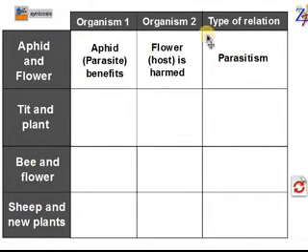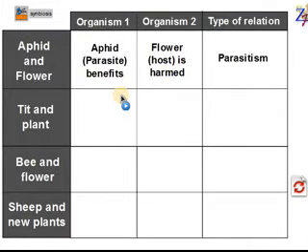Parasitism means when there is an organism that lives on another organism and harms it. It benefits, but the other organism gets harmed. So we say the first organism is called parasite, which is the harmful organism, and the other organism that gets harmed or gets hurt is called the host. Okay? Now,